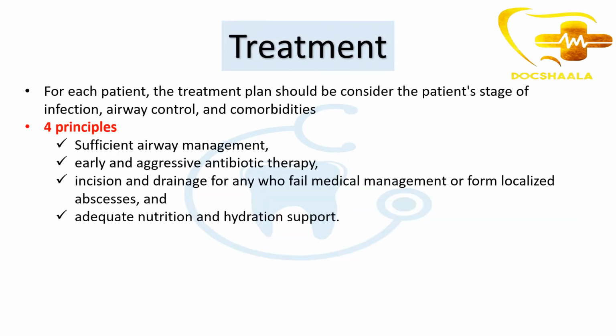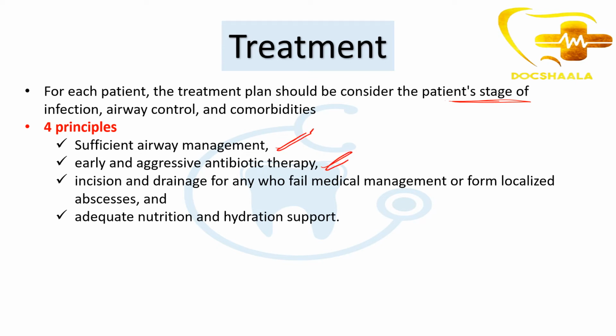Then coming to the treatment. For each patient, the treatment plan should be based upon the stage the patient presents with. The stage of infection, airway control and associated comorbidities determine the treatment plan. The four principles to keep in mind during treatment of a Ludwig's angina patient are: sufficient airway management is required,